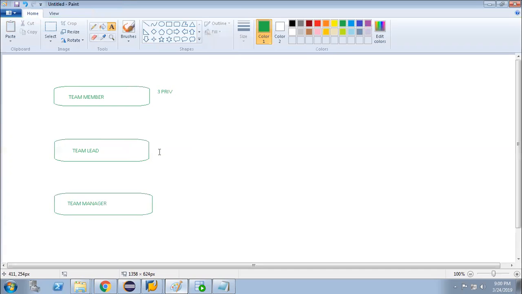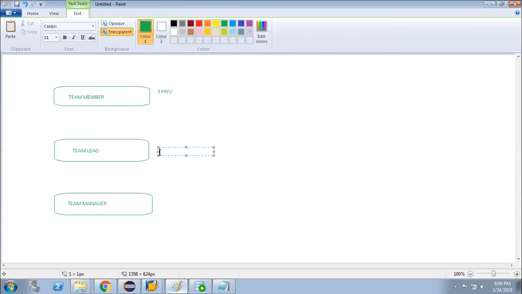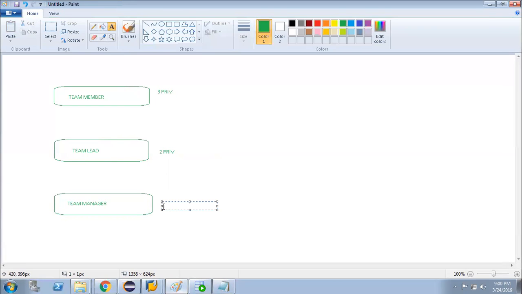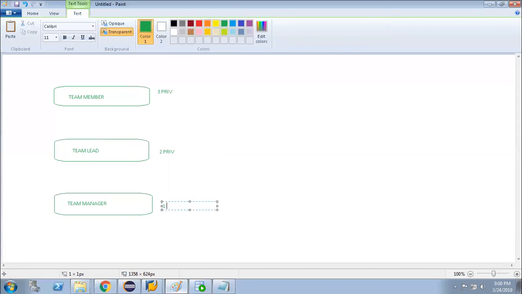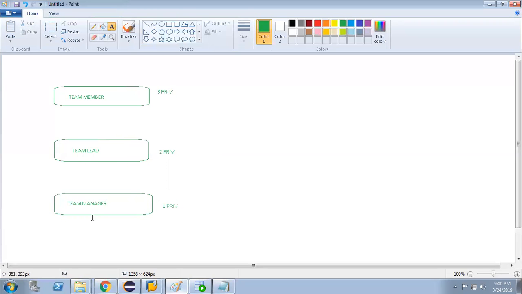Now in the team lead container, I assign two extra privileges, two specific privileges specifically for the team lead. And in this container, I assigned one specific privilege. But the manager definitely should have the team lead role because he can do the team lead activity, right?